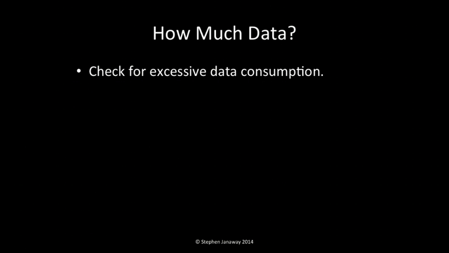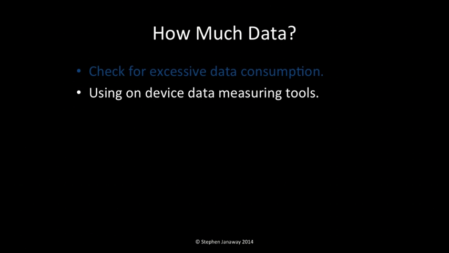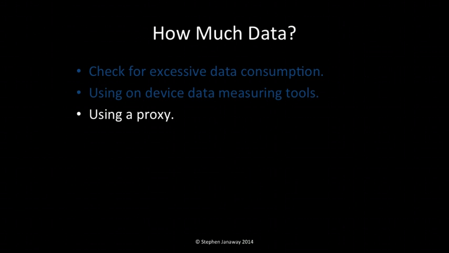And mobile applications, typically talking via APIs, are exchanging data. So think about excessive data consumption. Think about using applications on the device. Most OSs have this now, that enable you to check for excessive data consumption, because you can be sure your users are going to start complaining if your app is using excessive data. People typically don't have unlimited data in their mobile contracts. If you haven't got these, maybe think about using a proxy and just getting an idea of how much data is being transferred.